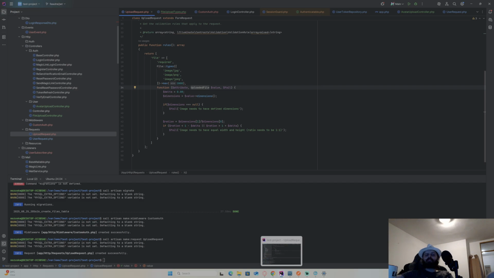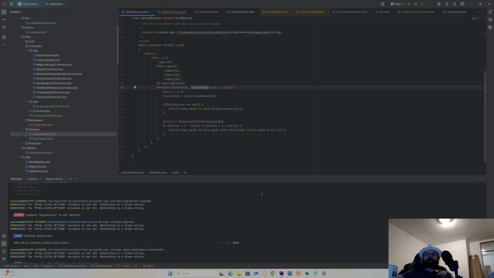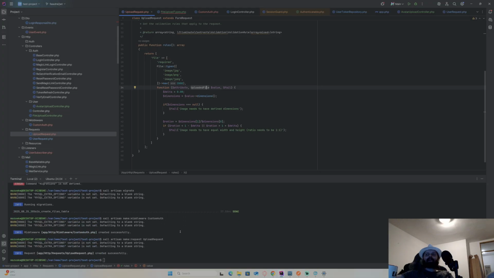Required is definitely gonna be always required. Yes, okay. I think I know how we're gonna do this. I'm gonna separate this into MIME types, into size, and into ratio. If ratio is set, just check. Yeah, I'm gonna do it like this. Okay, so basically I'll do this in steps.